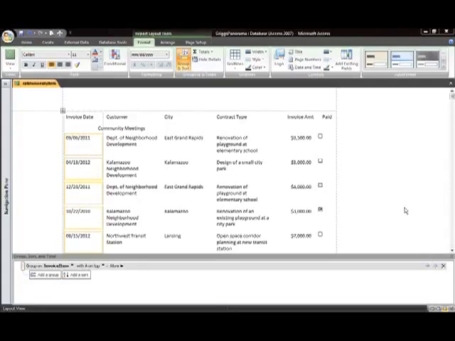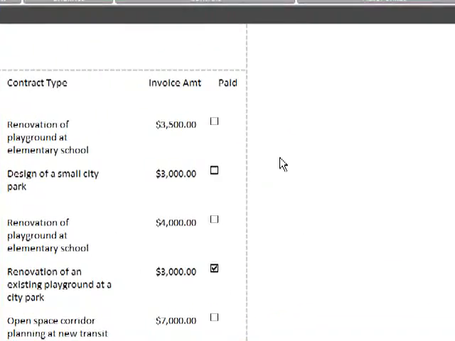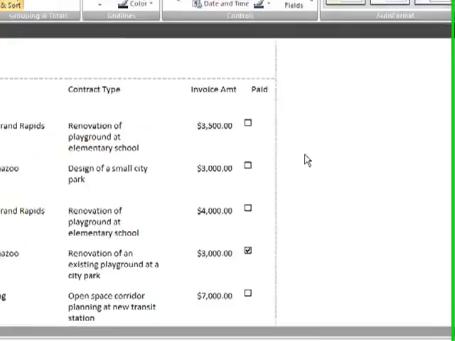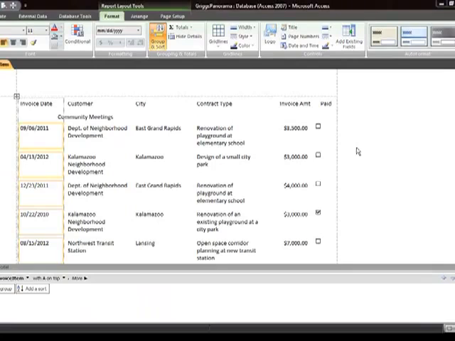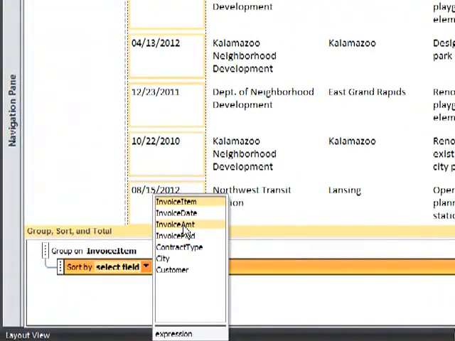I'm working in the New Perspectives Access 2007 textbook, and this is part 2 in a series on fast report writing. I'm in tutorial 7. And if you've watched the first part of this series, you see that I've missed a few steps, and I'm going to add some of those right now. And one of the things I'm going to do is add a sort, and I'm going to sort on